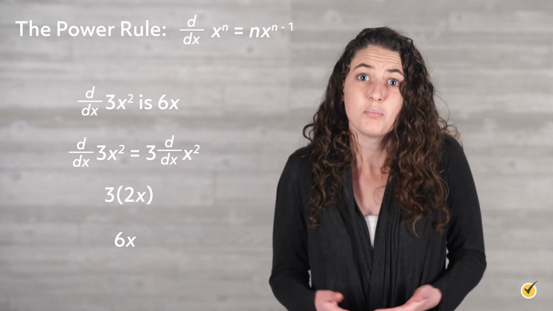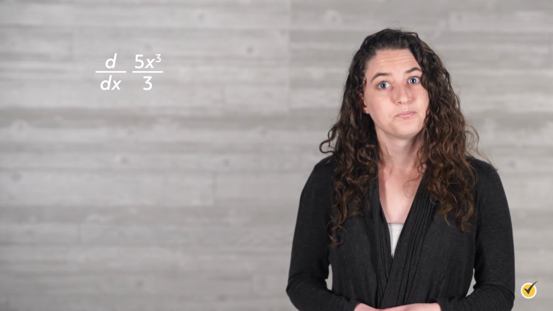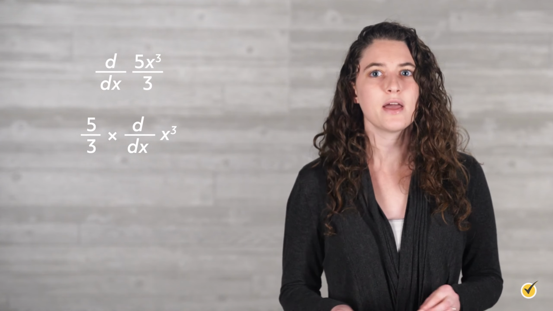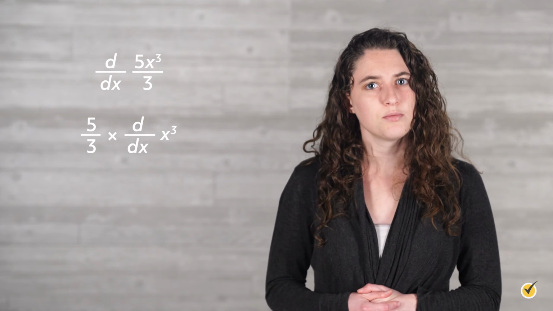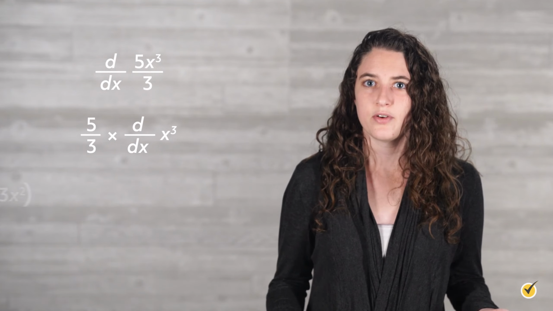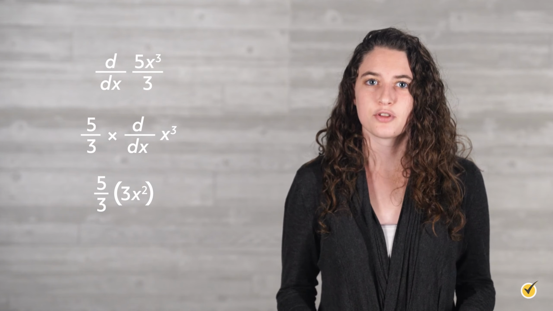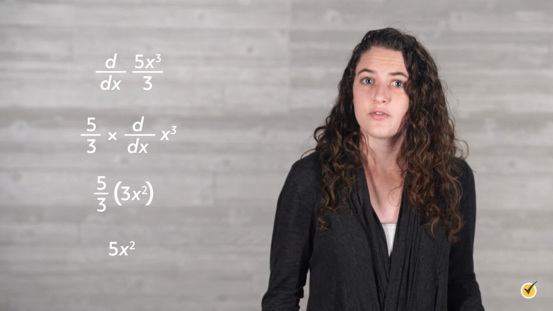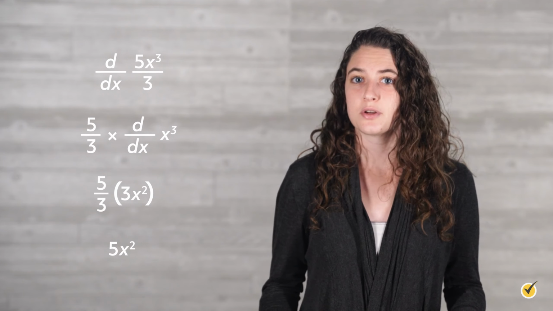factoring step. But with trickier derivatives, like the derivative of 5x cubed over 3, this property can be helpful. To take this derivative, notice that we can factor out the 5 from the top and 3 from the bottom as 5 over 3. Then we can handle x cubed by itself. The derivative of x cubed is 3x squared, so we will write that now. From here, the 3's cancel and we are left with 5x squared. If you see a derivative problem with a coefficient, even a fractional one, you can use this factoring property to